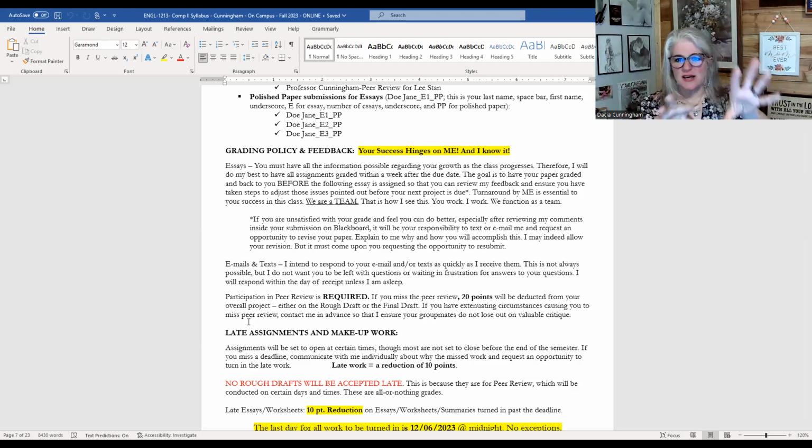So what I just said was everything that's in all this writing here. I see this as teamwork. We are all members of the same team. I'm the coach. You're the players. But we have to work together in order to be successful. Okay? Now, if you see this asterisk here,